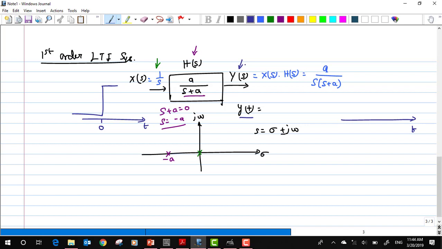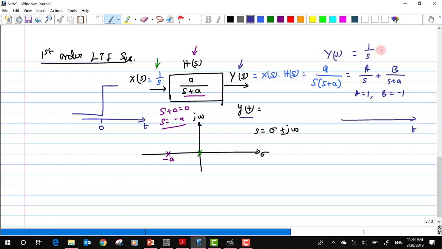What do we do actually? We use the partial fraction method, right? So we can split this into something like A by s and B by s plus a, and then you do partial fractions and you will find something like A equals 1 and B equals minus 1. Okay. Once you get these particular values, once you substitute back into this Y of s, you end up having